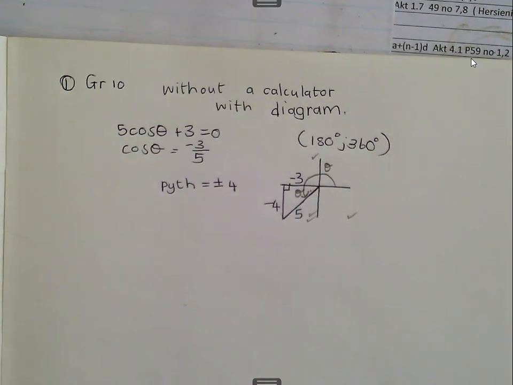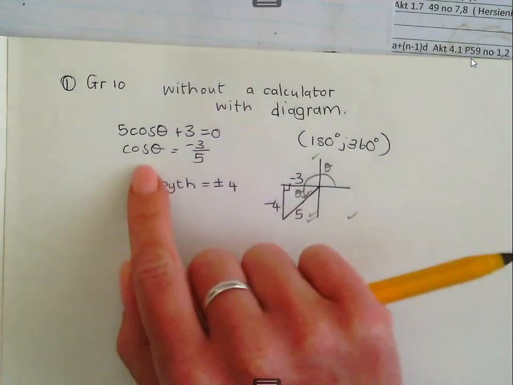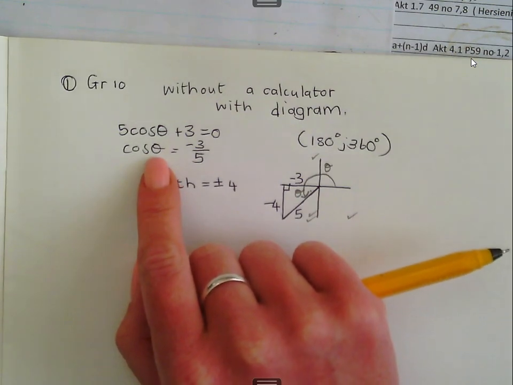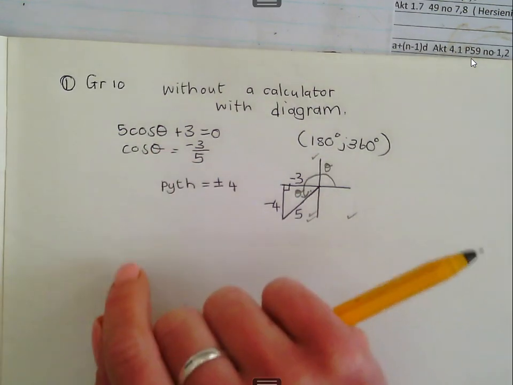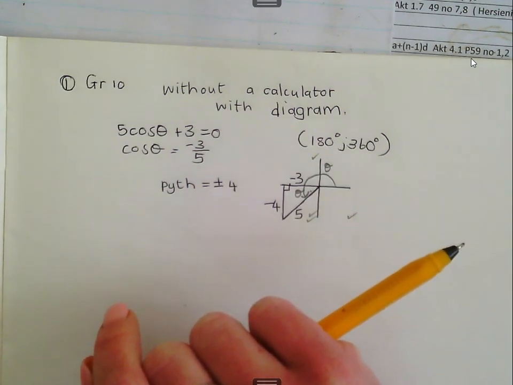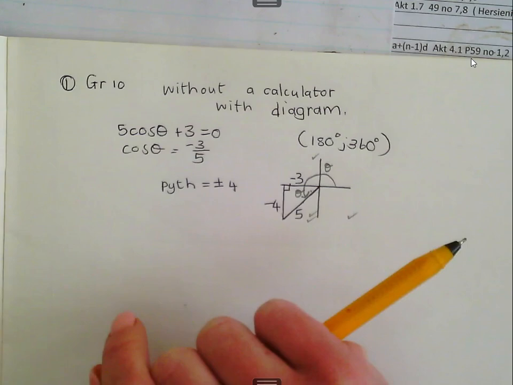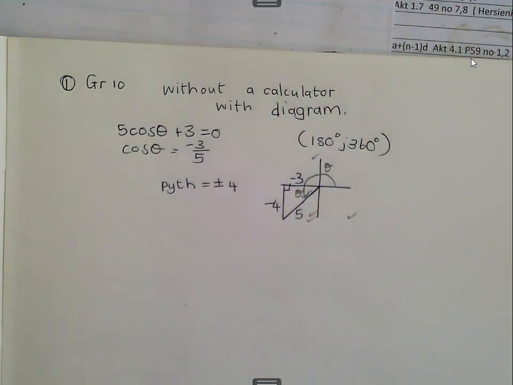Now I've said this to you before and I'm going to say it again. The Afrikaans word for trigonometry 30, 40, 50 years ago, the name was driehoeksmeting, the measuring of triangles. So you need to understand that cos of theta, the size of the angle influences the answer. But it has nothing to do with the answer. Sin and cos and tan is a ratio between the sides of a triangle when the angle is a specific size.